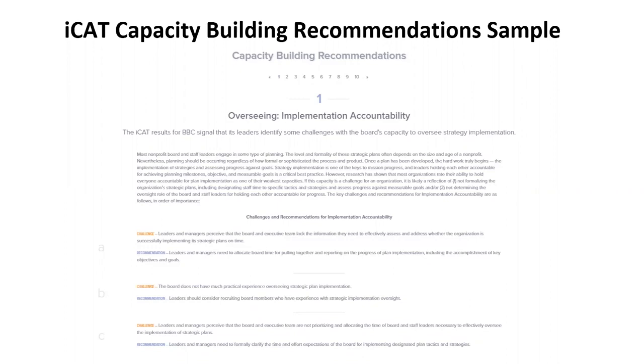I'll just point out that this is specific in that it names the folks within the organization where the challenge might lie and where we might want to focus our efforts. So this is specific to the board in this case, and that's really helpful information because it helps us target our intervention or our response more effectively.